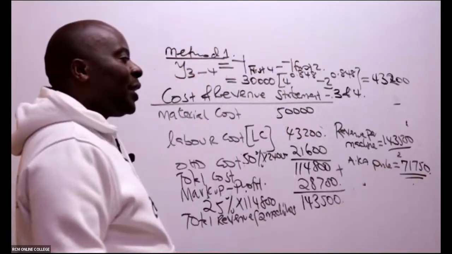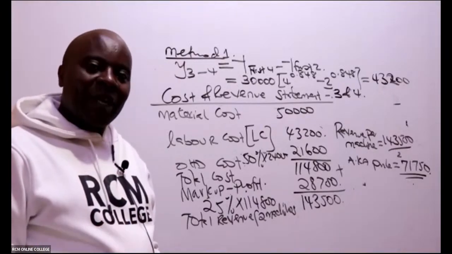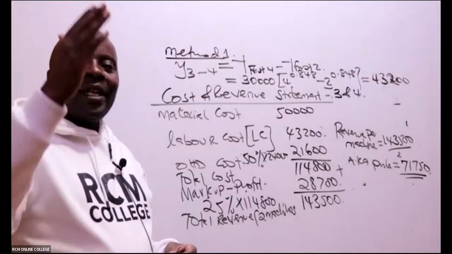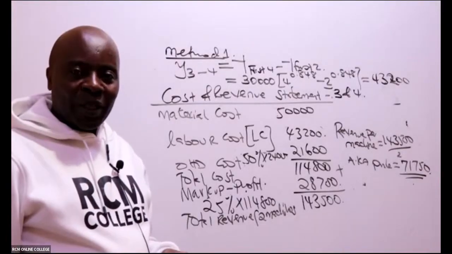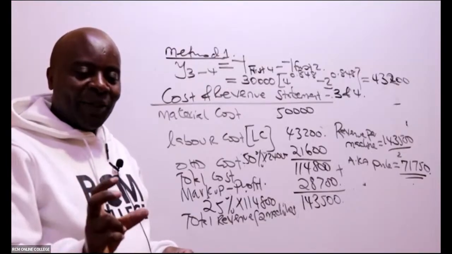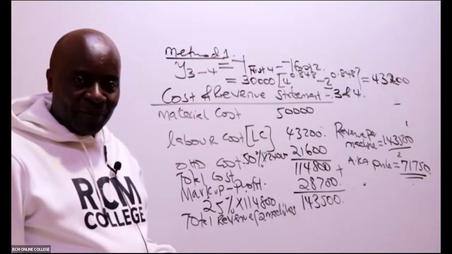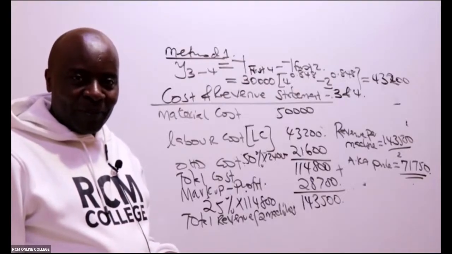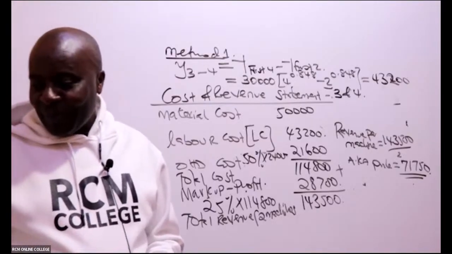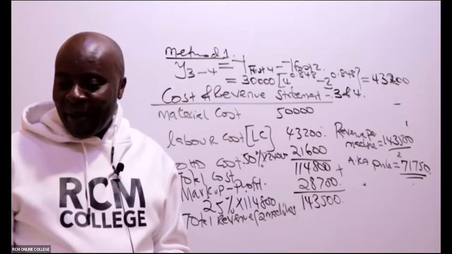So I'm 100% sure that there is somebody who used a different method, but at the end of the day, they have ended up getting the same answer as us. There is somebody who did the price for machine 3, the price for machine 4, and then added the 2 and divided by 2 to get an average price. That's why I gave you a chance to try the question. Is there somebody who used a different method and yet has gotten the same answer?